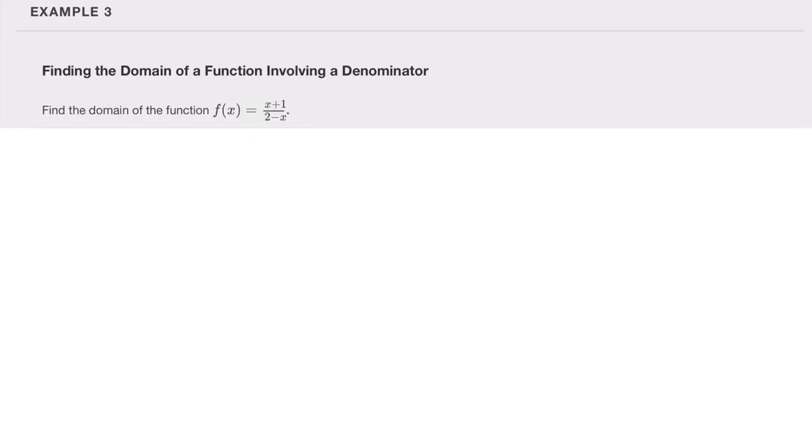So this one, we're asked to find the domain of this function. I'll write it here. I'll get a copy of it. On bottom, we have this 2 minus x. On top, we have x plus 1. And again, this is our f of x. So this is what's called a rational function because we have a variable in the denominator. So in general, for a rational function, the domain is going to be all reals except